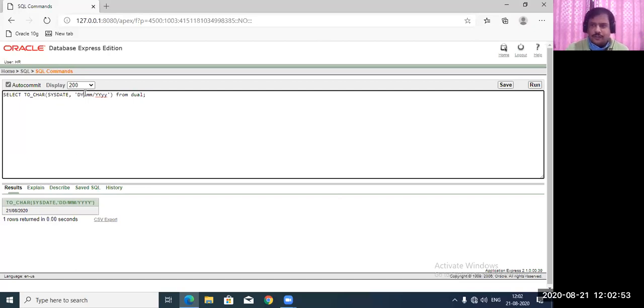What will be different? You see, I am changing the first part, the day format part. So this is FRI, only 3 alphabets. First I have written DAY, which is complete. The second is DD, which is numeric, right? Lastly I have written only 2 alphabets, that is DY. This is your output.